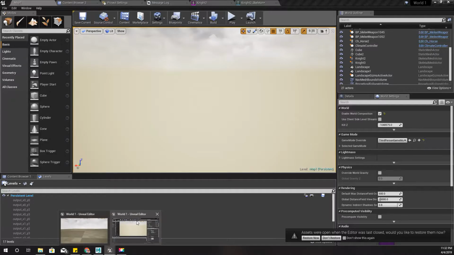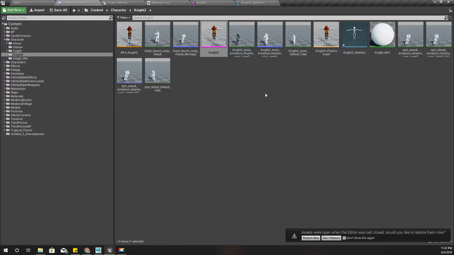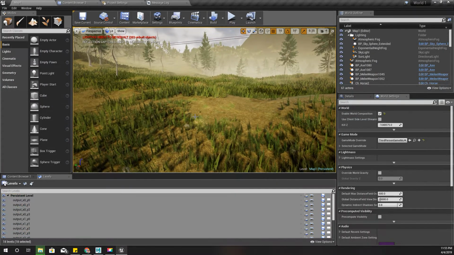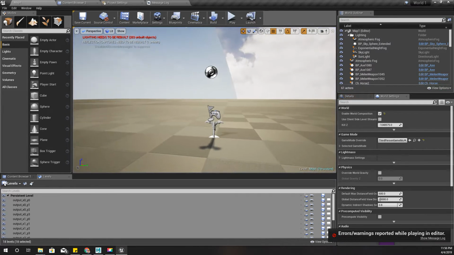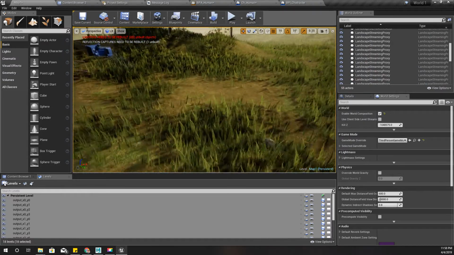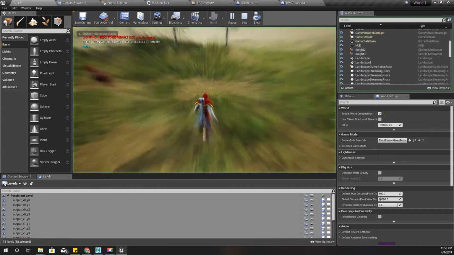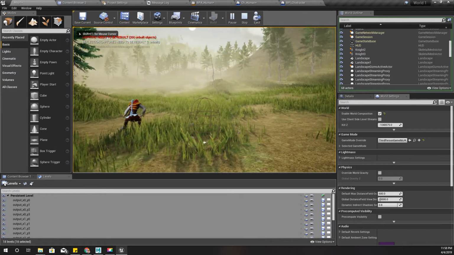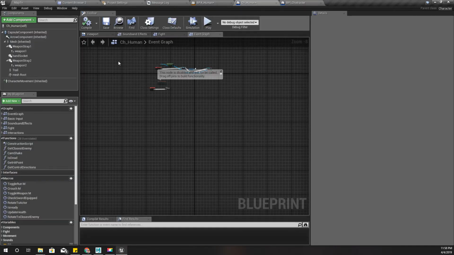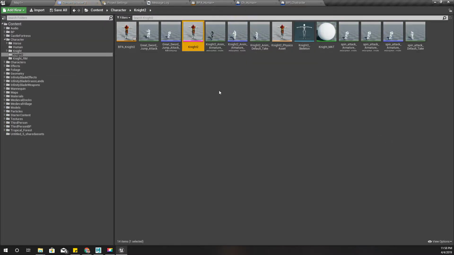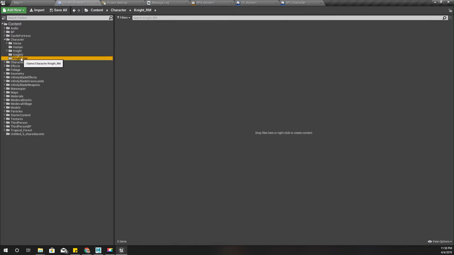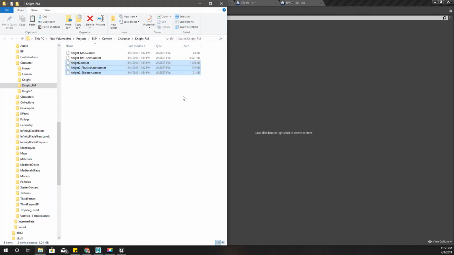Right, now I'll go back to Unreal. Okay, so now this is my current Unreal project. This is that attack without the root motion, and here is the human character blueprint, and I am using this Knight 2 skeleton. So now, I have this new folder called Knight RM. So into that I'll